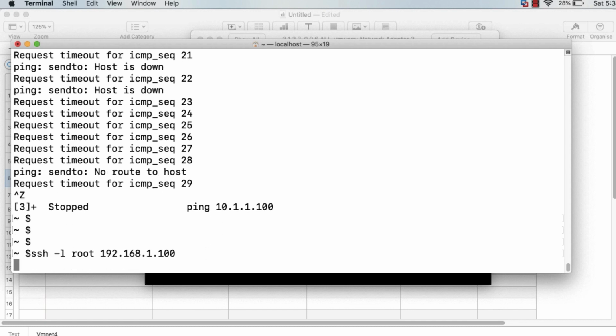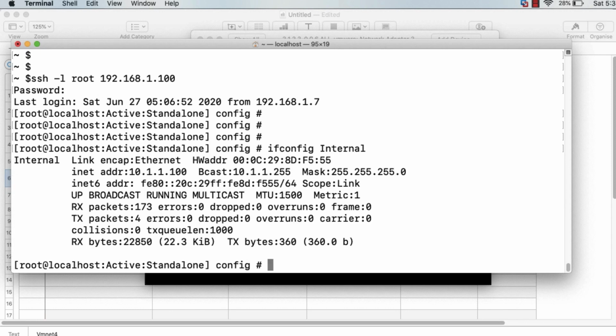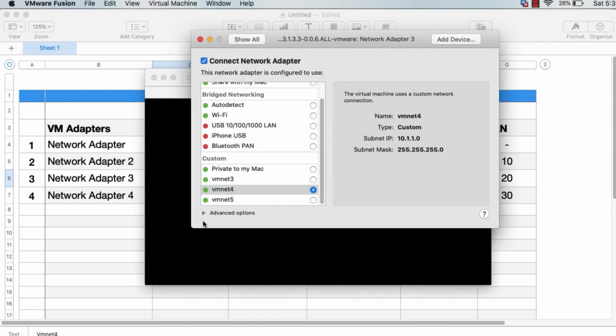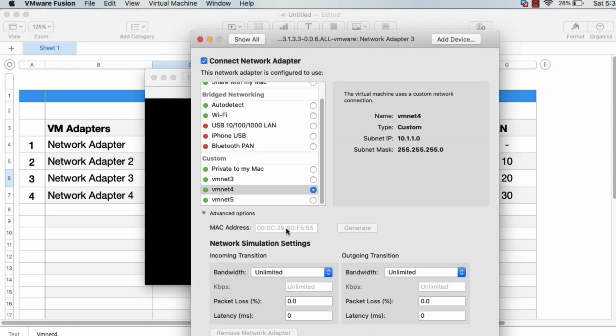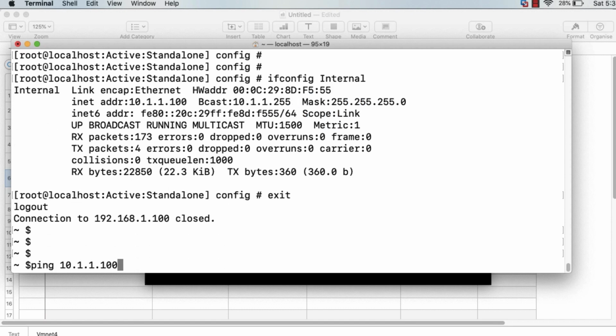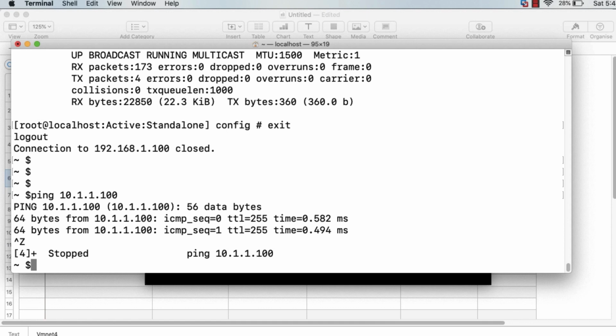Let me log in to this BIG-IP. ifconfig internal. Its MAC address is ending with F555. F555, and if you click on this one, fine, F555. Okay, so it is connected with VMnet 4. All right, earlier it wasn't pinging, now see it is pinging. So this is the way to form the connectivity.